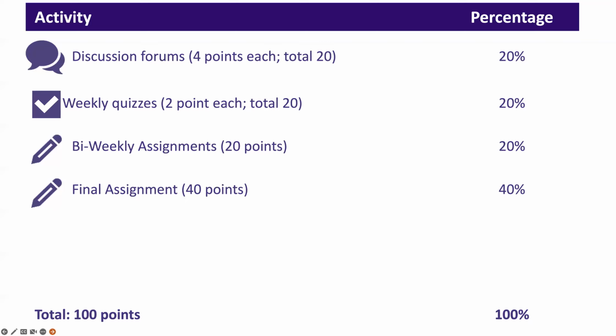So coming back to the weekly quizzes, each week you'll have a quiz that is 10 multiple choice questions. And again, you will have 2 attempts for each quiz. You will also write 5 short writing assignments. These are bi-weekly assignments that will be due during weeks 2, 4, 6, 8, and 10. So the even weeks. Discussion forums again will be on the odd weeks, and the bi-weekly assignments will be